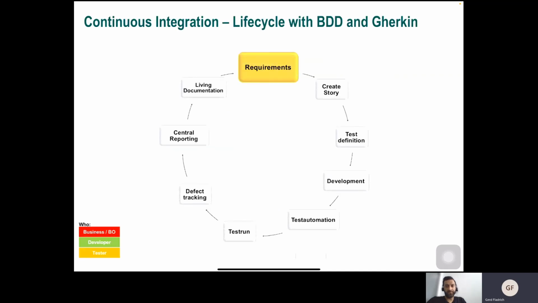So one other slide which describes the same thing a little bit more technically. It's the same circle with some more information. So it's starting again with requirements, and at this time I will put some tools which we have used in this banking project. These tools can change. This I will explain when I show it. Here on the left-hand side, down there, I have some different colors for the 3 Amigos which are working, and it will be shown also here in this circle later who's working on what.